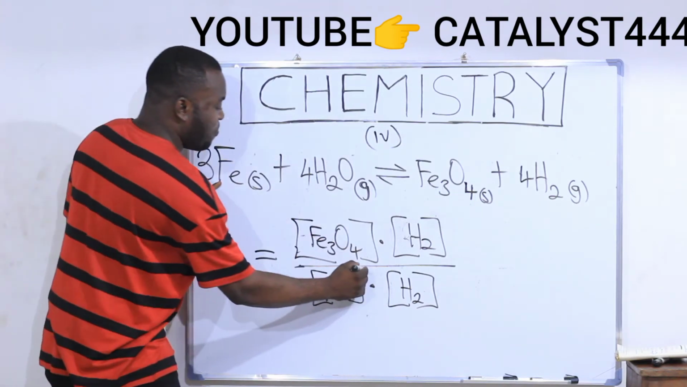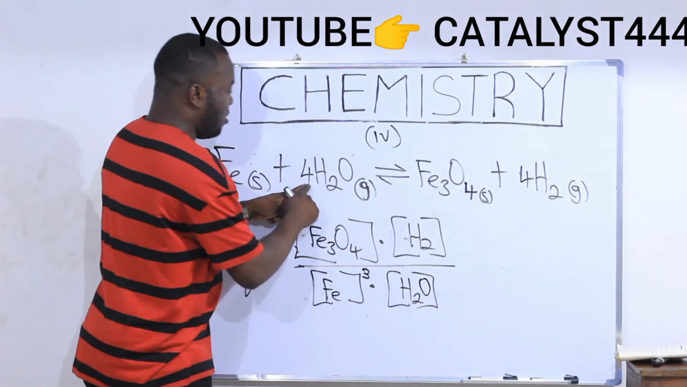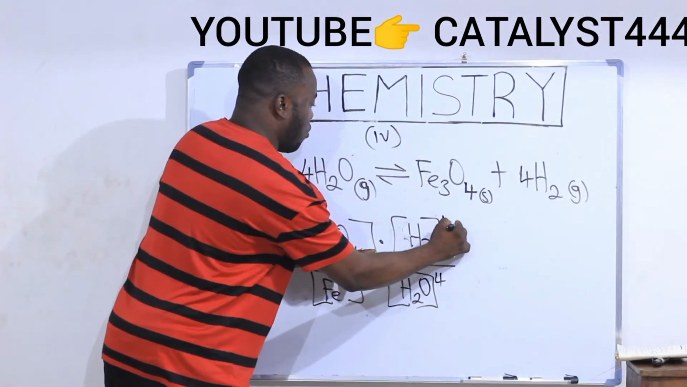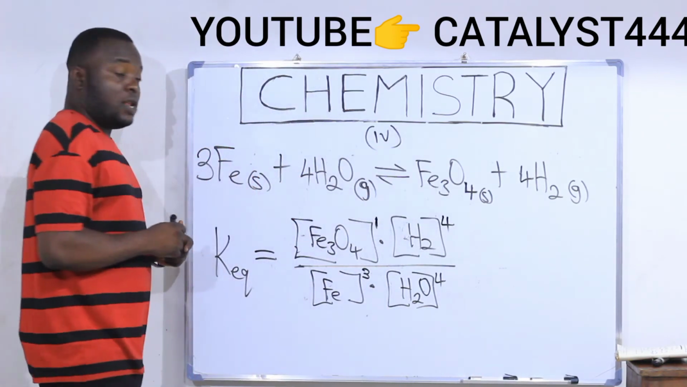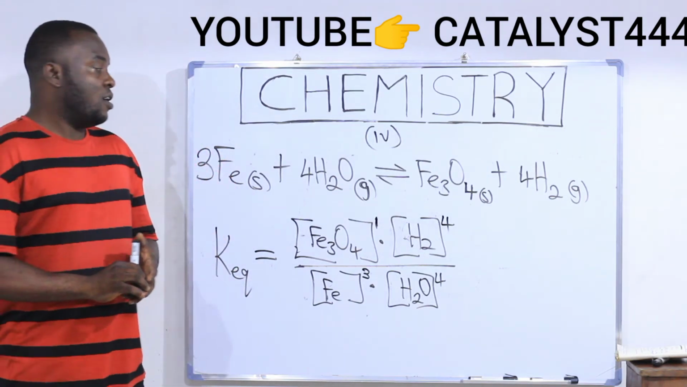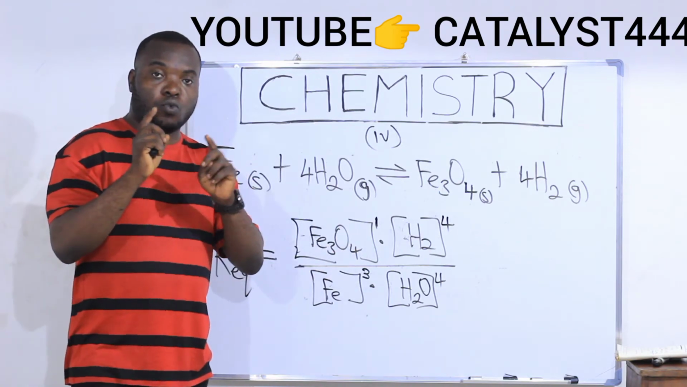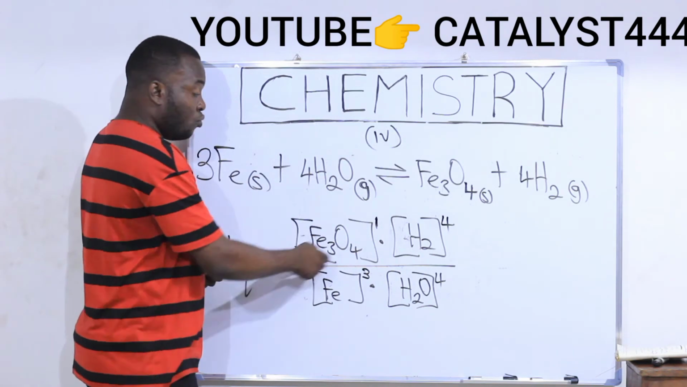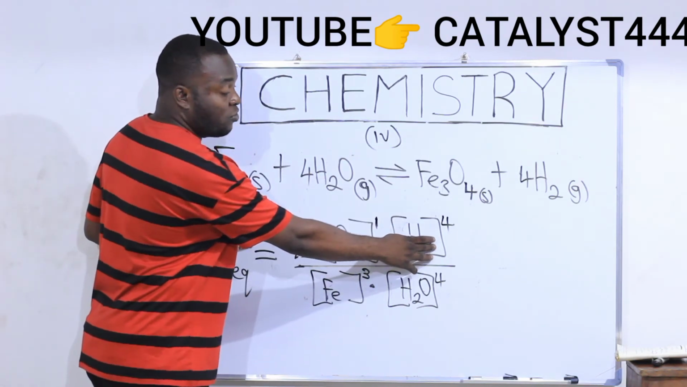The iron here, the power is 3. The water here, the power is 4. The hydrogen gas here, the power is 4. And the iron oxide here, the power is 1. Now, according to the assumption, at equilibrium points, the concentration of solid state substances is assumed to be equal to unity, which is 1. So if this is 1, you will notice that 1 multiplied by concentration of hydrogen gas